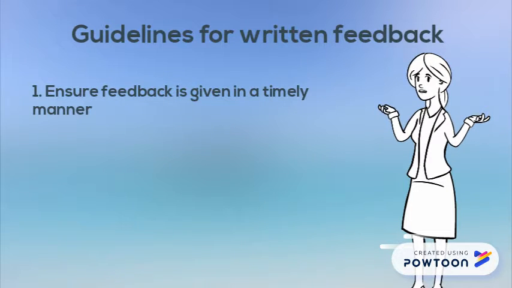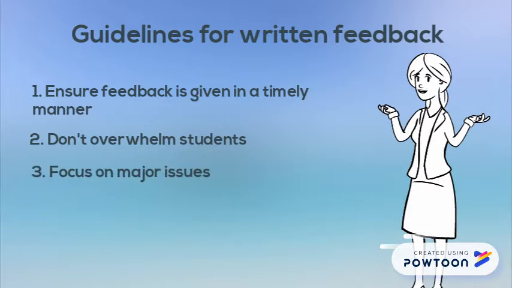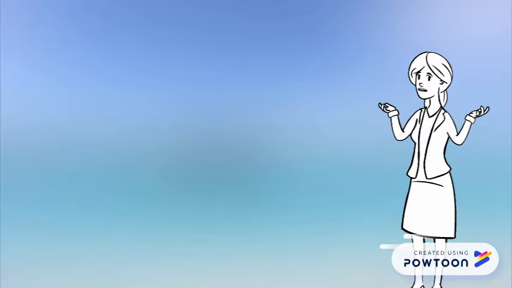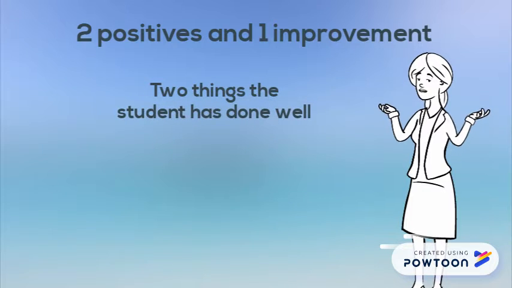1. Ensure feedback is given in a timely manner. 2. Don't overwhelm students. 3. Focus on major issues. And 4. Be non-judgmental in your feedback. A good way to ensure you are following these guidelines is to structure your feedback with 2 things the student has done well, whether it's the structure of their writing, the content, or a particularly good sentence, and then